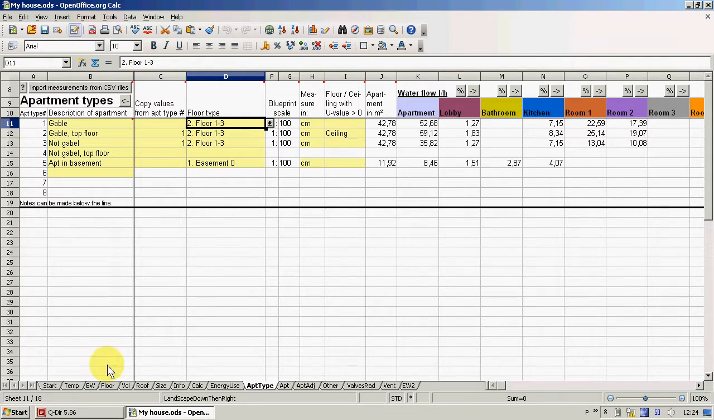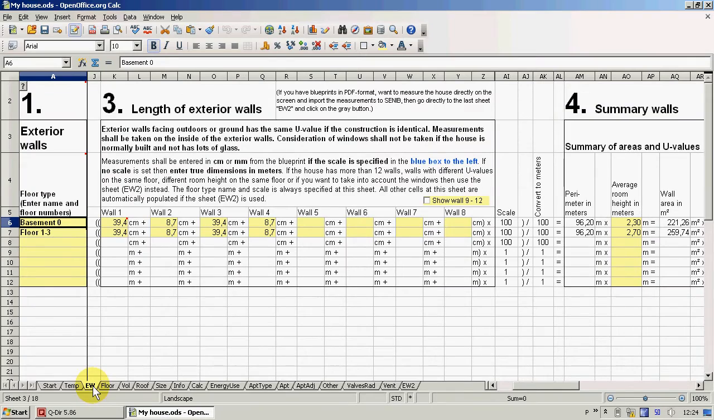That is taken from the sheet EW, where I entered the different floor types. So for example, you can see here that I entered the room height in meters. That is 2.3 meters for the basement, and for the 3 floors, floor 1, 2, 3, the room height is 2.7 meters. So if I return to the apartment type sheet